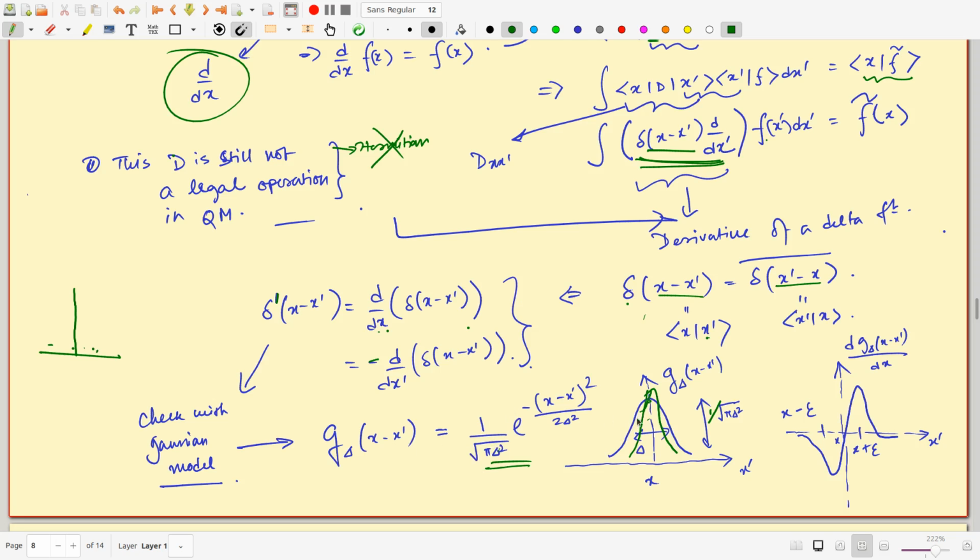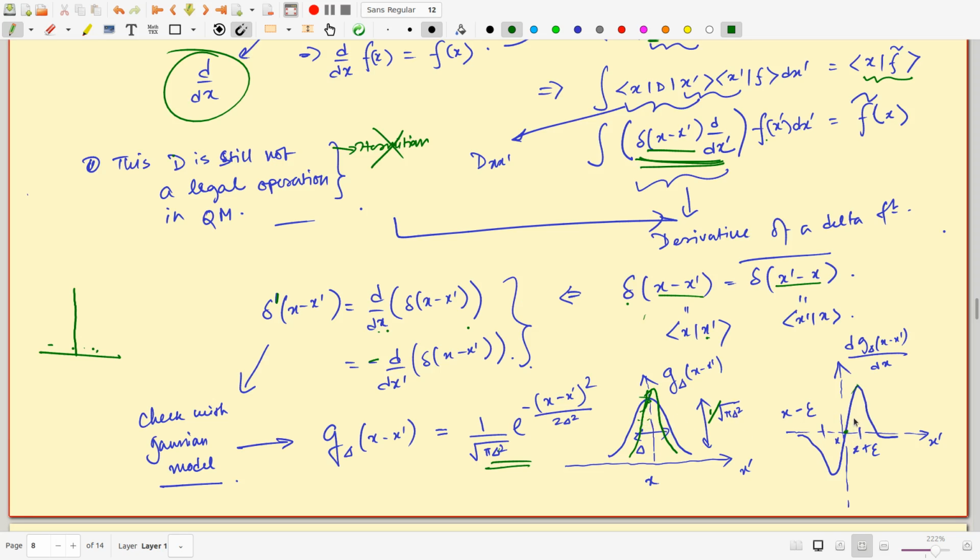I can see that there are two places where the slope changes. So the derivative must have this kind of form, and this is a point of maxima, so the derivative will vanish here, and where the slope changes there will be a change in this kind of form. I think this interpretation is a little wrong, but you can check just by taking the derivative of this function that it will take some form like this.